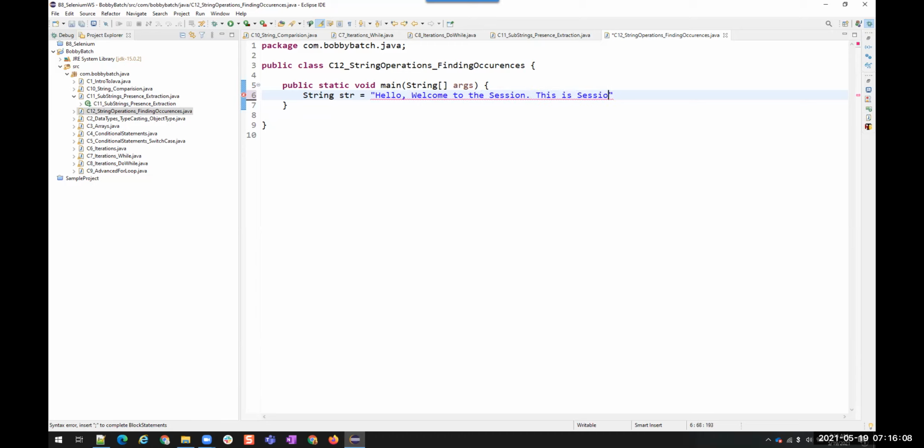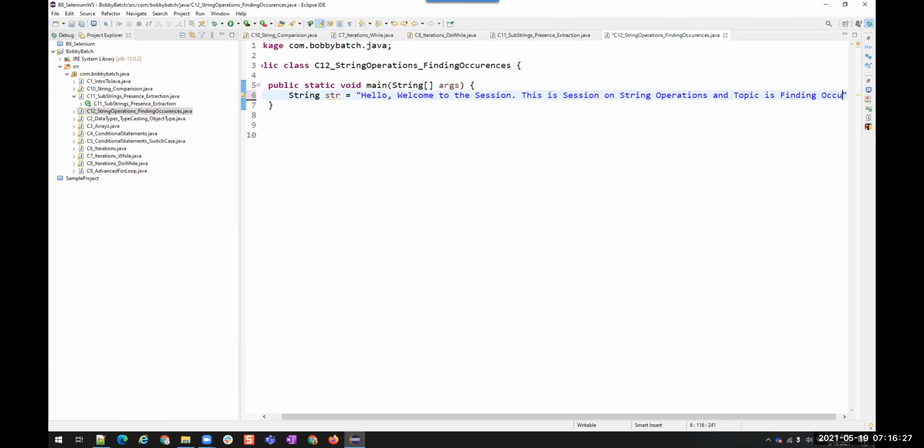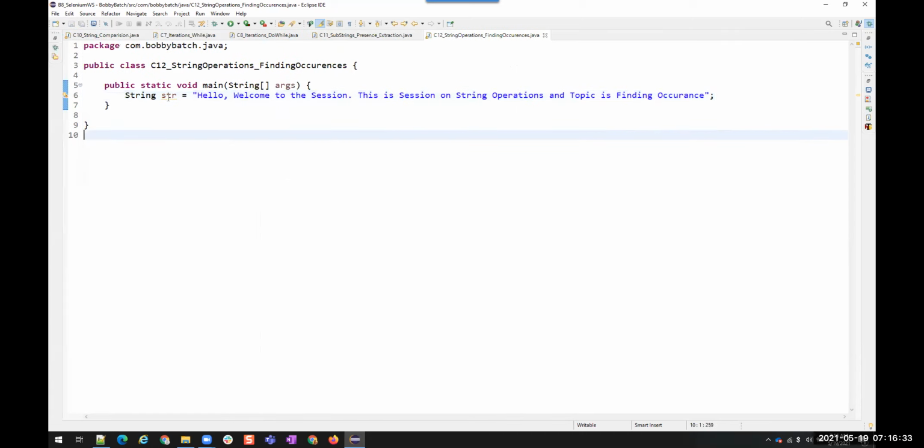This is string operations. Topic is finding occurrence." So I created a string. It says: welcome to the session, this is session of string operations, and the topic is finding occurrence.